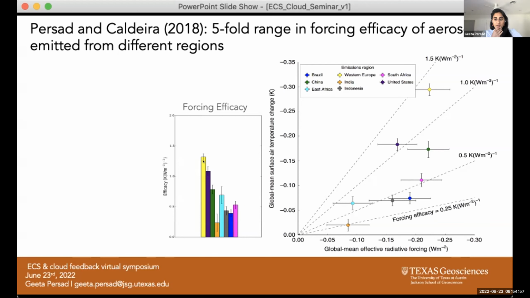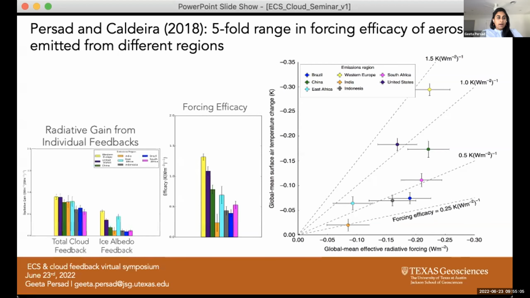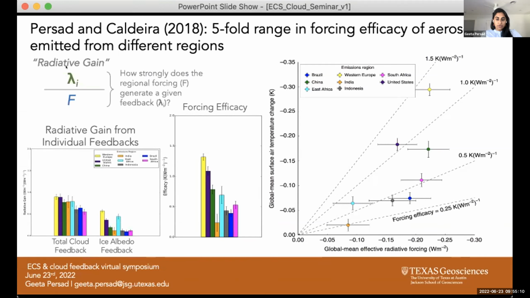So we used radiative kernels to quantify the strength of individual feedback changes in response to forcing from each of the regions. So I'm characterizing that here with a term that I call radiative gain. It's really just the feedback strength divided by the regional forcing. So it's just telling you how strongly a given regional emissions forcing generates a given feedback. And so what you can see here, I'm just showing you the variations in global mean total cloud and ice albedo feedback in response to forcing from each region. And I'm just showing you those two because the variations in these two feedbacks drive roughly 90% of the overall